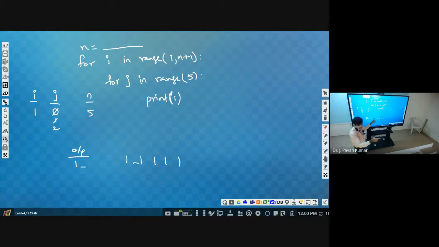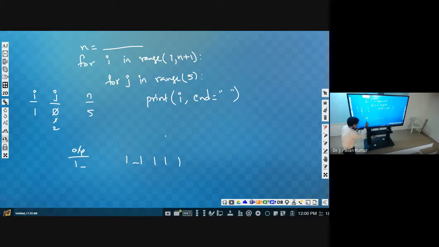End is equal to space, where we have to provide that in printing, right? While printing, if you specify print, the I value will be printed. By default, it will end with a new line. Suppose you want to end with some character like space, or you want to end every line with A, then you can specify it. Here in our context, everything needs to end with space, so you can specify space.